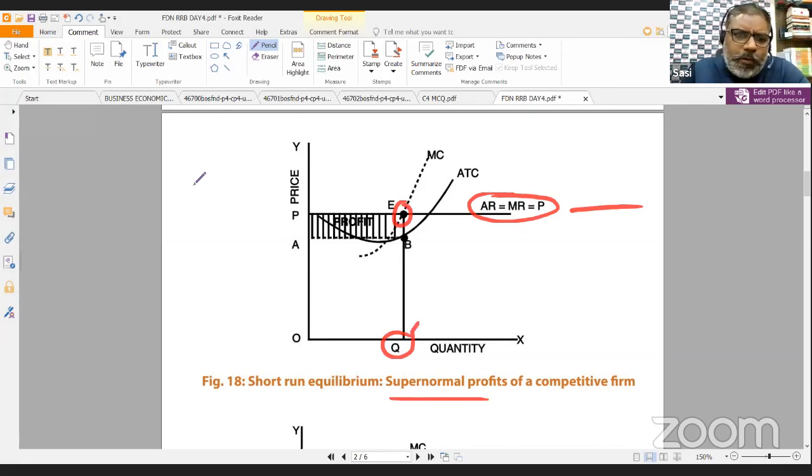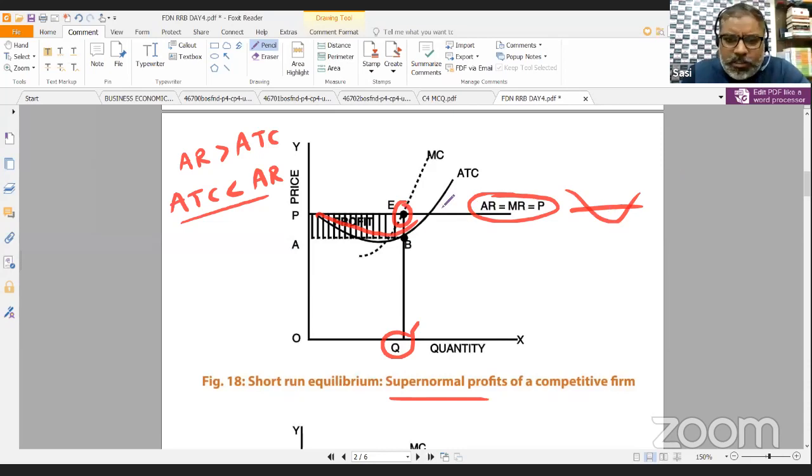Simple. When will you make profit? When average revenue is more than average total cost. That is profit, right? Or on the other side, you can say average total cost is less than average revenue, both are the same. We are not writing anything different. When this is happening, it is because average total cost here is below the average revenue. Average total cost has gone below the average revenue at that point of time. So this entire area represents profit. This is the average total cost line, and if it is going below the average revenue line, which is the horizontal line, then